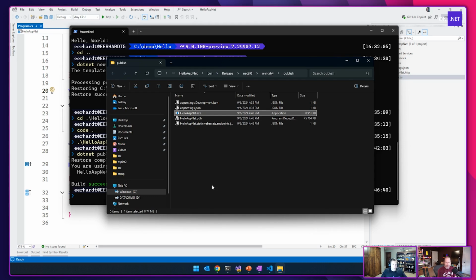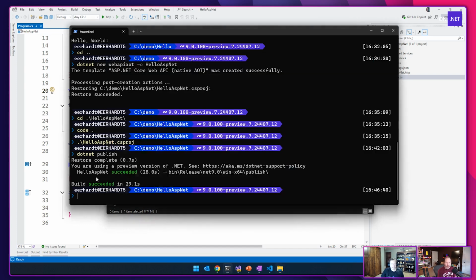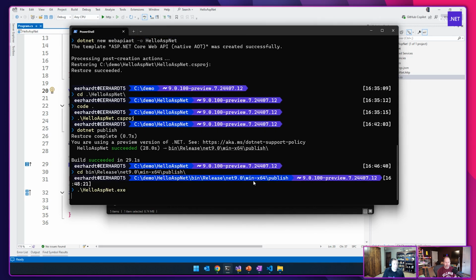So here on my Windows machine, just under 9 megs, right? A 9 meg app that I can just take, this exe, a full-on web server, and then just to prove that it works, as I run this,